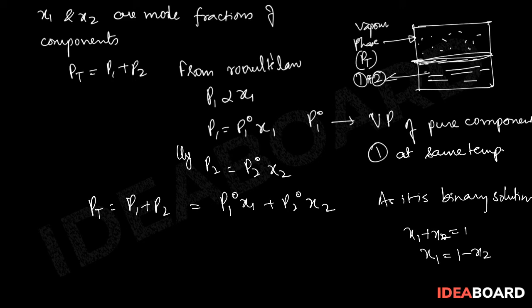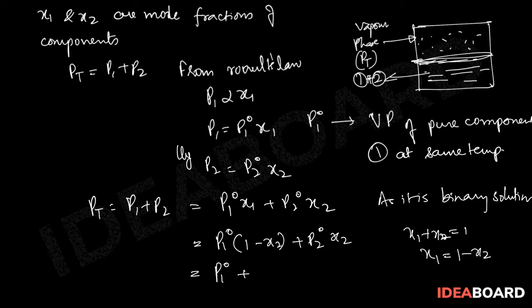By substituting the x1 value here, it will be P1 naught into 1 minus x2 plus P2 naught into x2. So basically it will become P1 naught plus P2 naught into